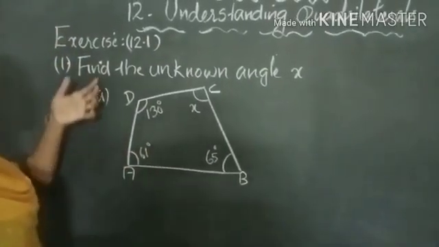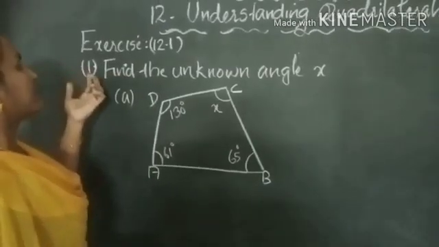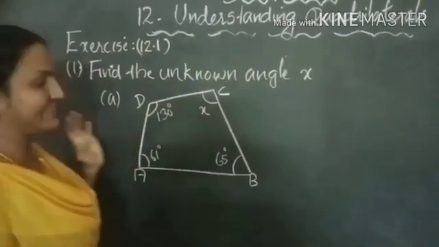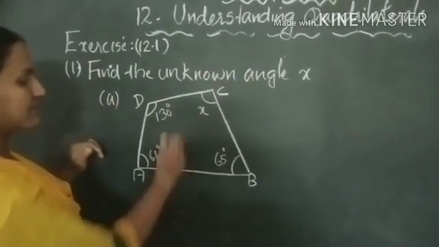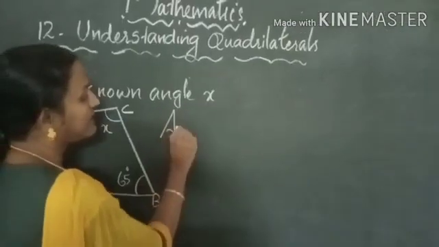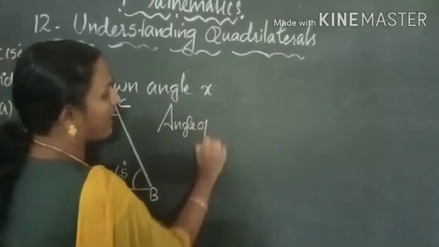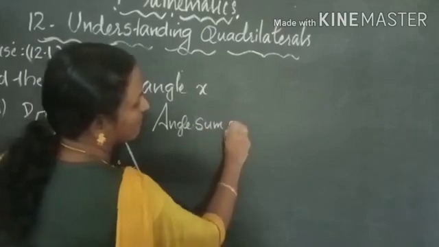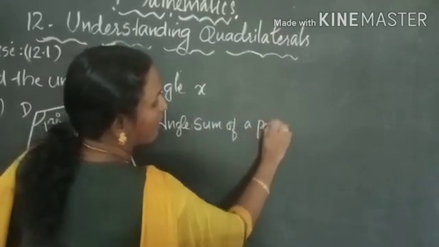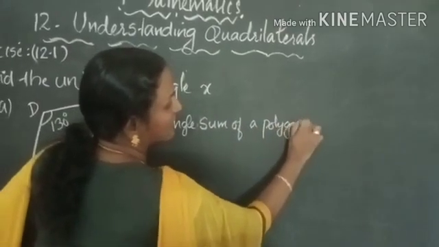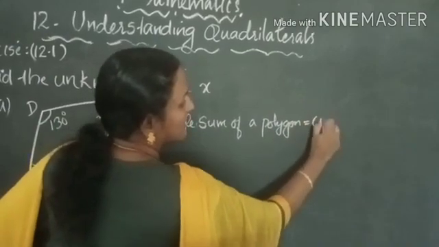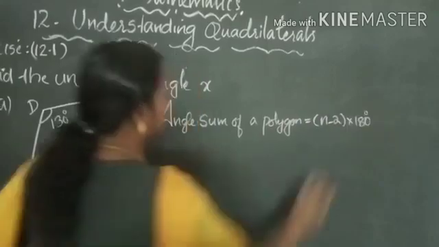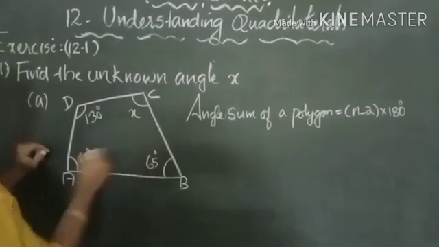Next, we shall discuss exercise problems. First problem from exercise 12.1. Find the unknown angle x. Option A. Angle sum of a polygon is equal to n minus 2 into 180. Adding all the angles,